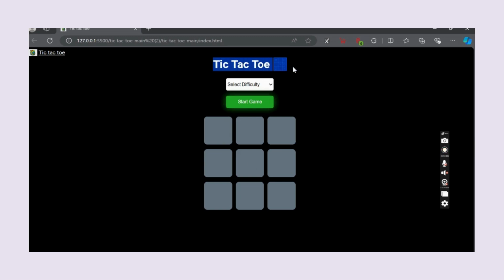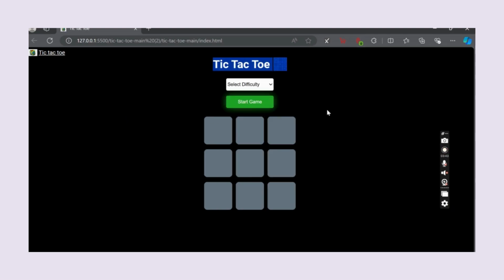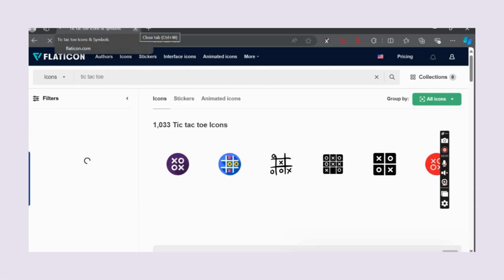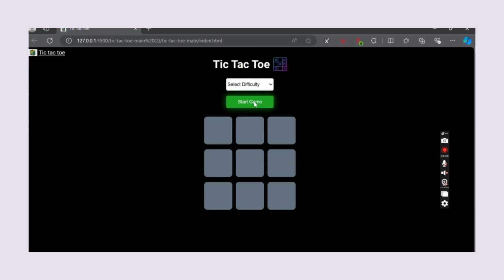I have named the game Tic-Tac-Toe, and I have set levels over here: easy, medium and hard. I'll show you how I'm running this game. So this is my code running over here, and now I'm trying to run my game. Live Server is open, and now I'm setting my level to medium, and here the game starts, in which